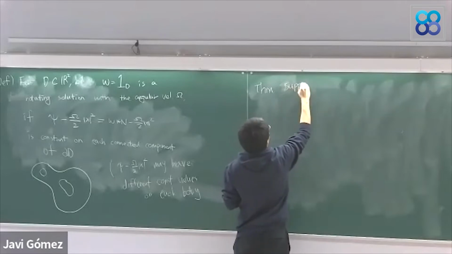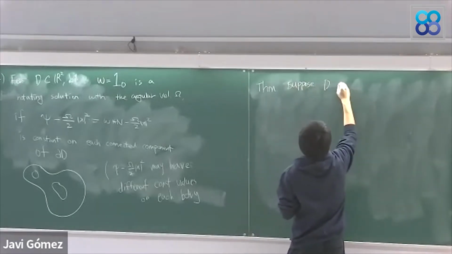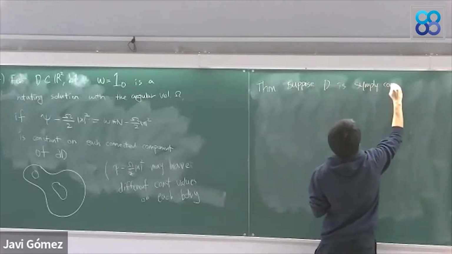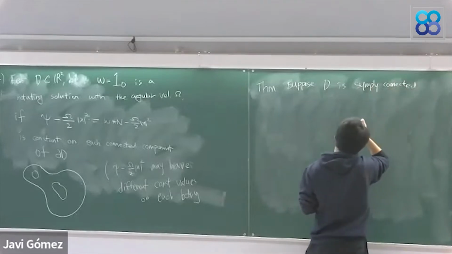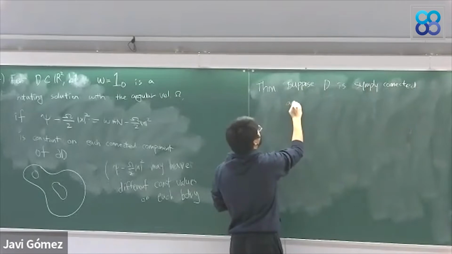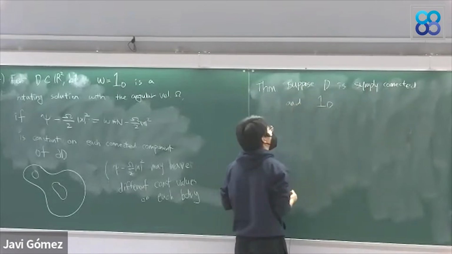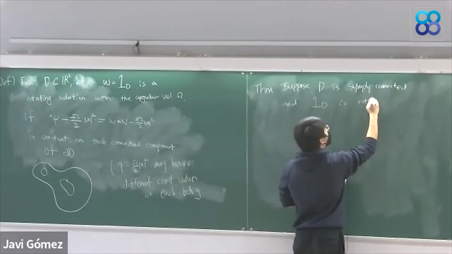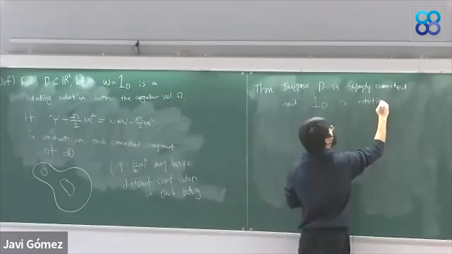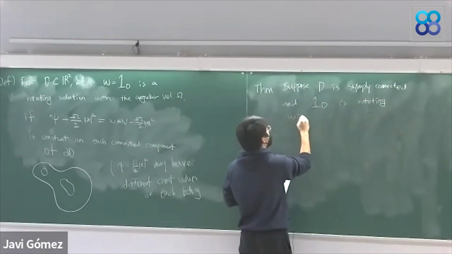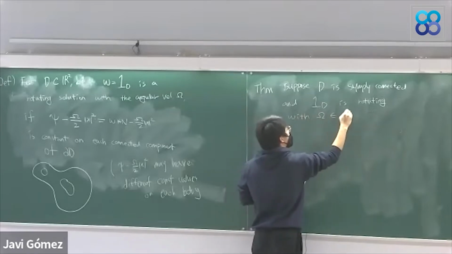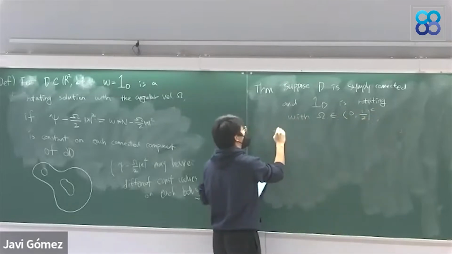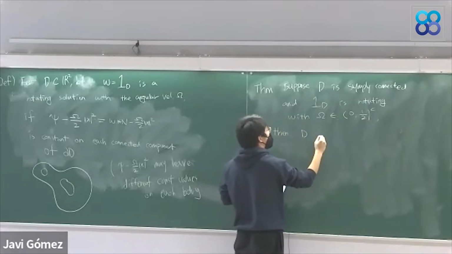Suppose the patch is simply connected, and the characteristic function defined on such a domain is rotating with the angular velocity in the following region. Then